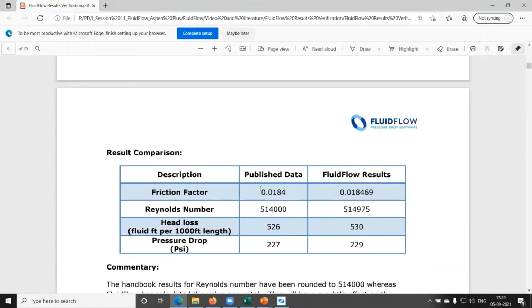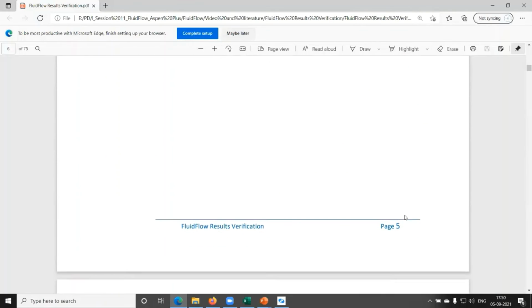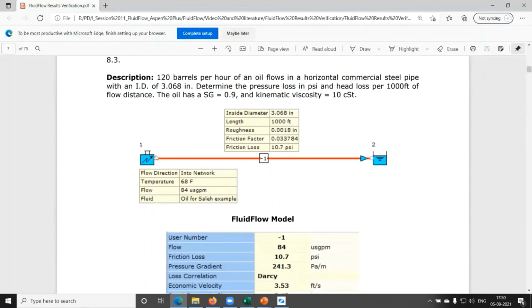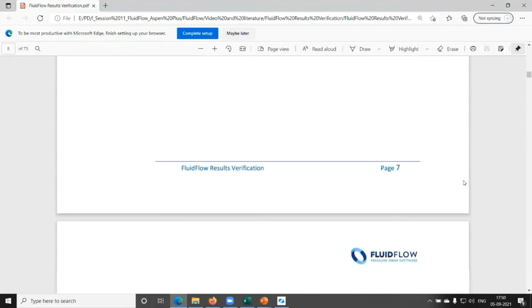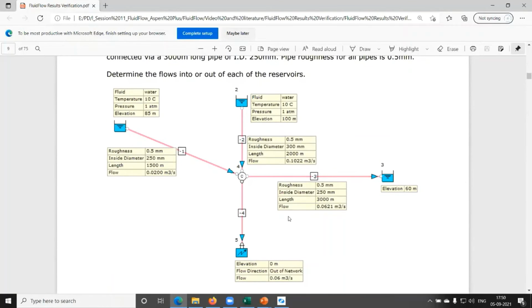Then you need to compare that with the published data. If the difference between the published data and your results is not too great, meaning your simulation software is working just fine, then you can move to some other example.